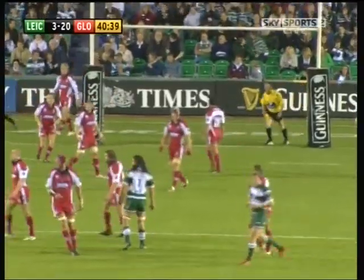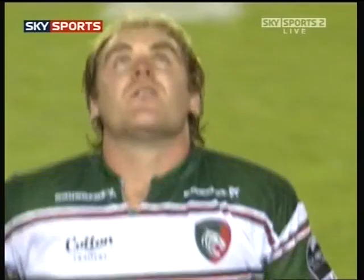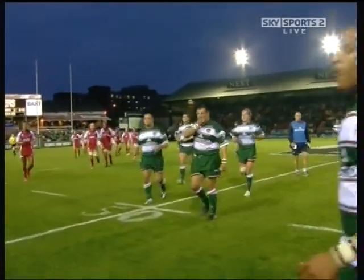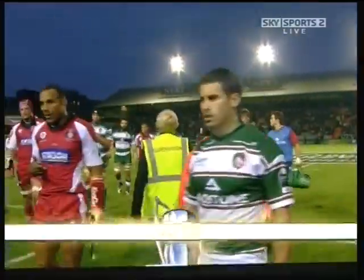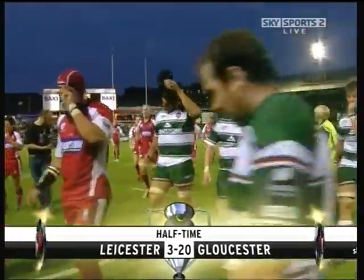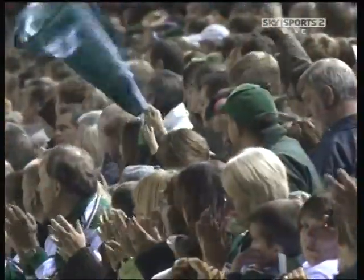Not his day, Will. We all have them. And Leicester needed that. They just needed a fillip or a boost before they went in at half-time. Now Gloucester have got the ascendancy, and it'll be fascinating to see what the coaches do at half-time to try and...